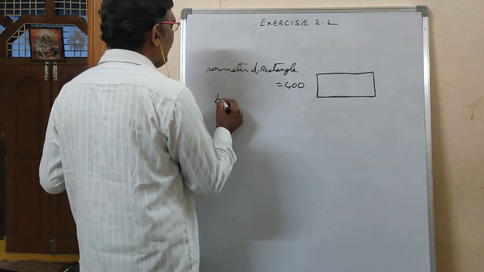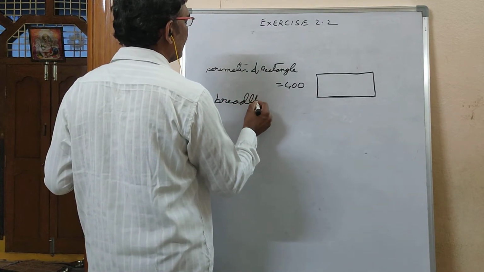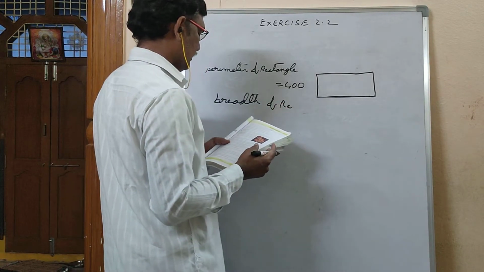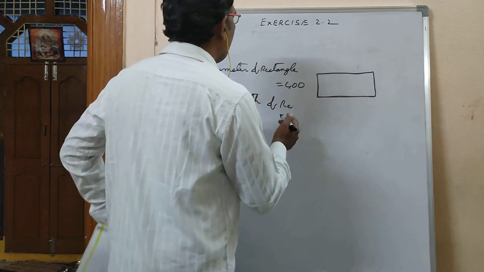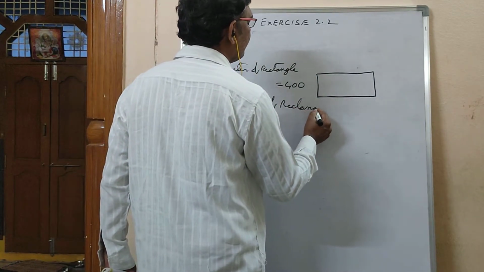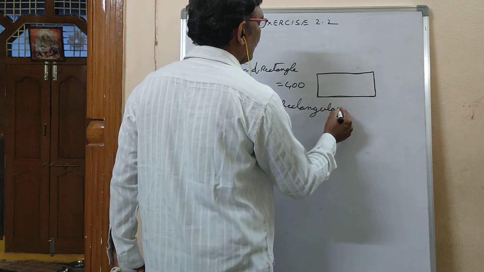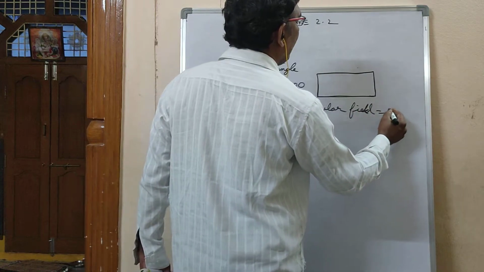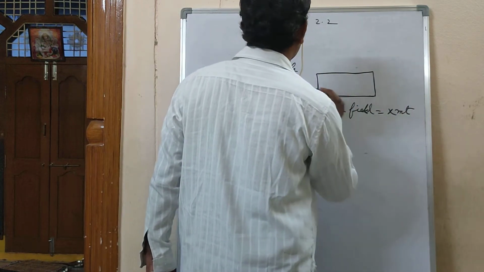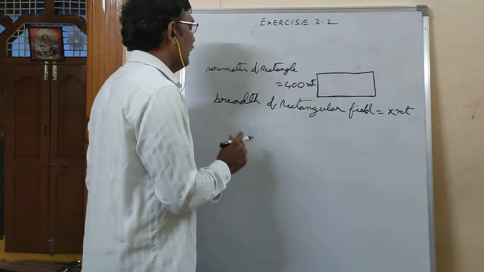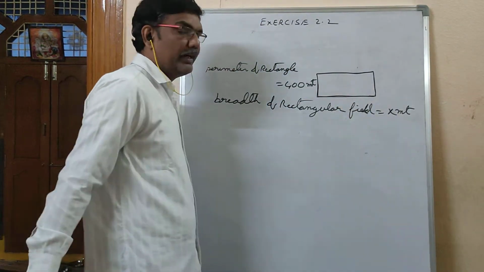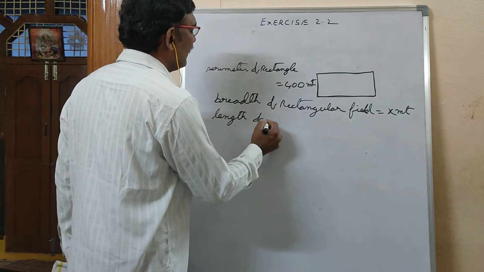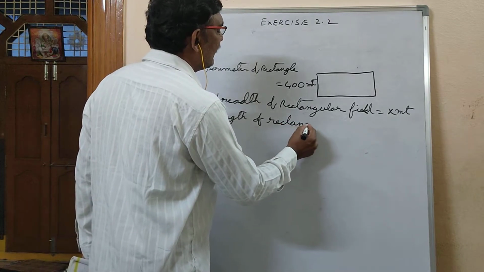So here, if you assume the breadth of the rectangular field as x meters, then the length of the rectangular field is...